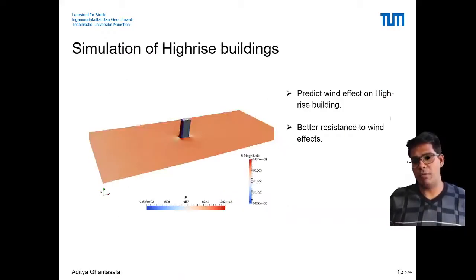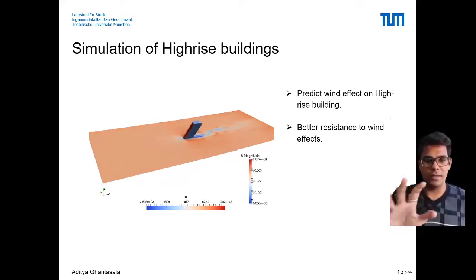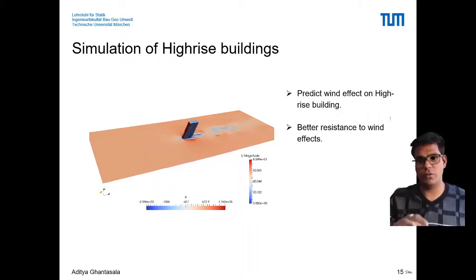So here is an example of what I did together with my colleagues. This is a building which is in wind, and it is moving because of the wind flowing around it. This is an example of such a simulation. What we try to do is predict loads, or how the building behaves in such wind, and we try to give some input to the engineers so that they consider such a fluid structure interaction effect, and build better, safe, and strong buildings in the future. Buildings I talk about are high-rise buildings.